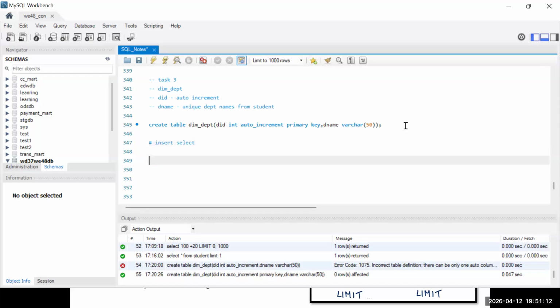Then first you have to define your select. Now I need to take the distinct departments from the table. What is distinct? Unique departments. There is a keyword called distinct. Select distinct department